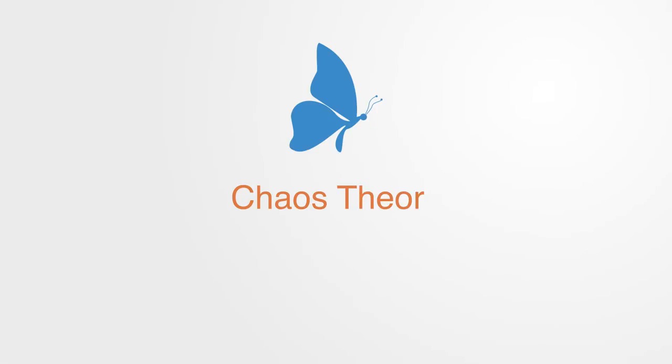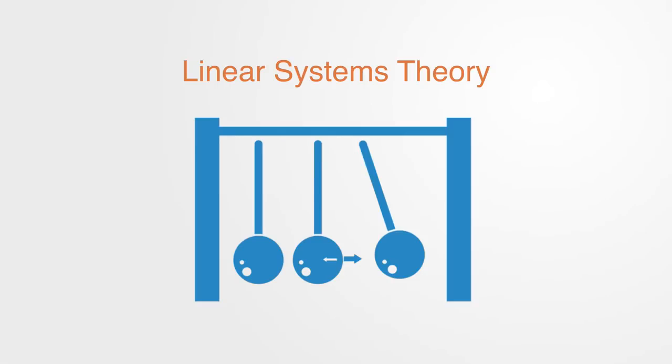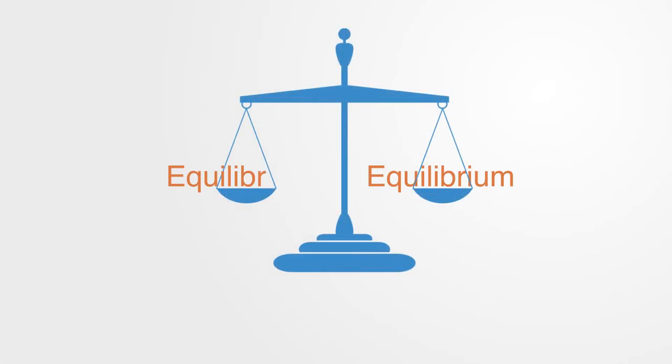Chaos theory, which is the study of nonlinear dynamical systems, was one of the first major challenges to the Newtonian paradigm that was accepted into the mainstream body of scientific knowledge. Our modern scientific framework is based upon linear systems theory, and this places significant constraints upon it. Linear systems theory is dependent upon the concept of a system having an equilibrium.